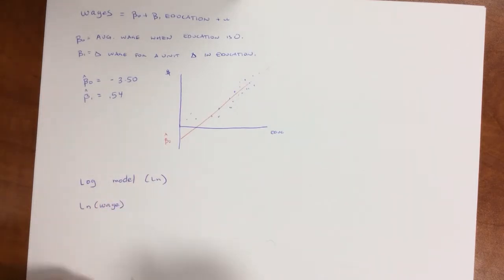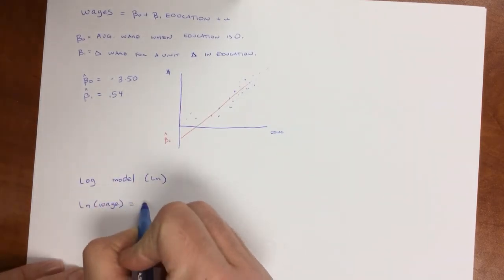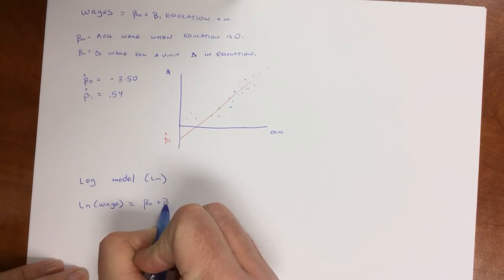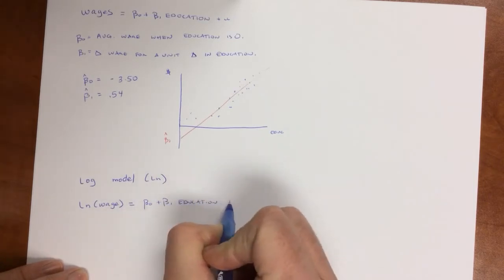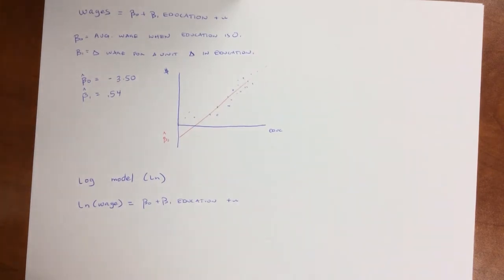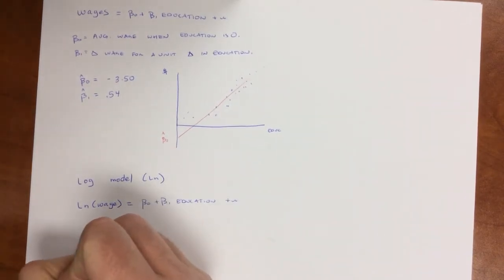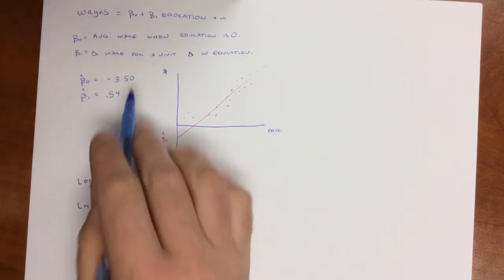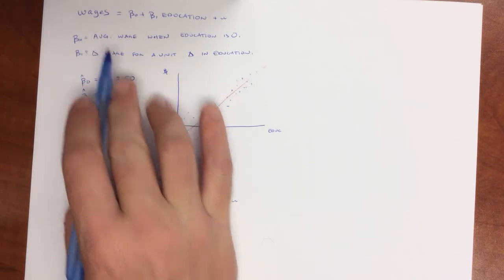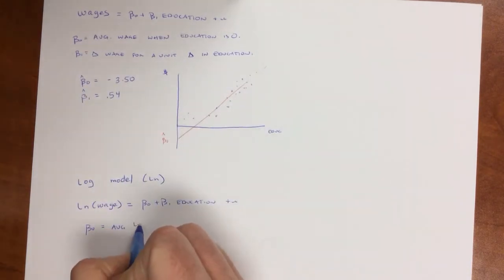So we take the natural log, and that's going to equal beta naught plus beta 1 education plus u. And now our interpretation changes. Our beta naught is the same. Beta naught is still the average. Now it's not the wage, because that's our y variable. Now it's the average log wage